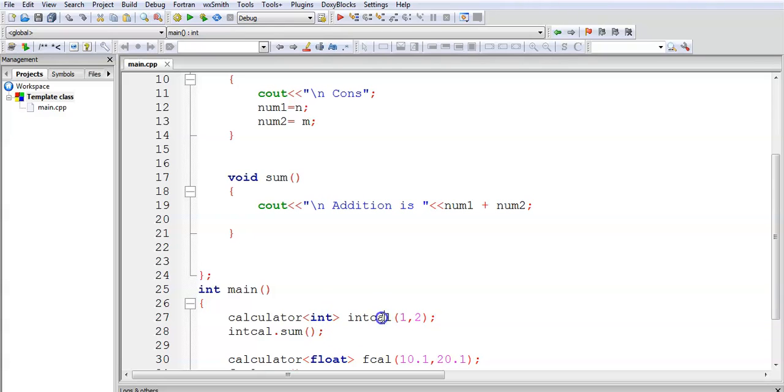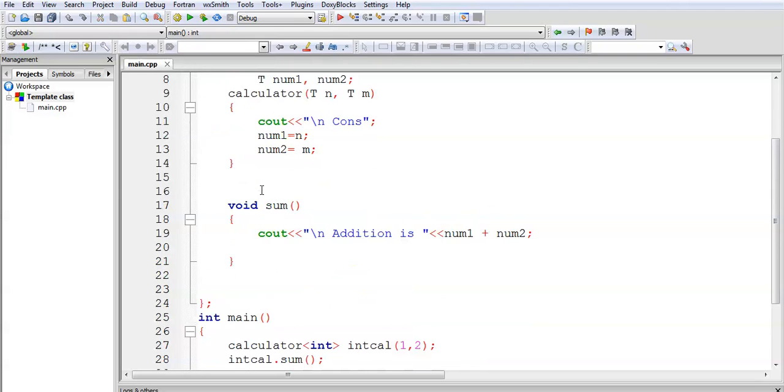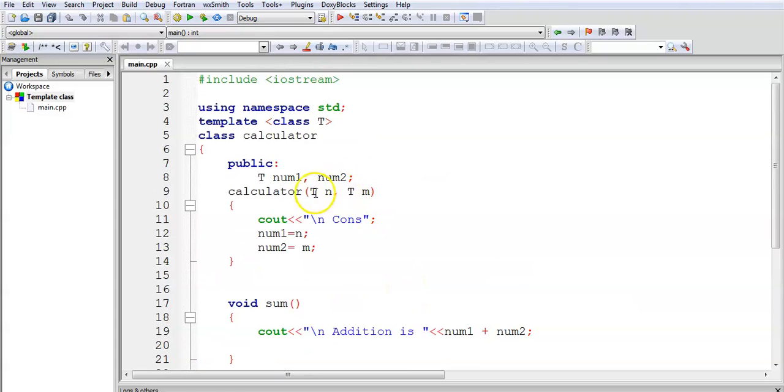When it calls the constructor, it checks the parameters, 1 and 2. These 1 and 2 come here, and it checks the data type of those numbers, so it becomes integer. So this calculator constructor has integer data type parameters, and num1 and num2 become integers.